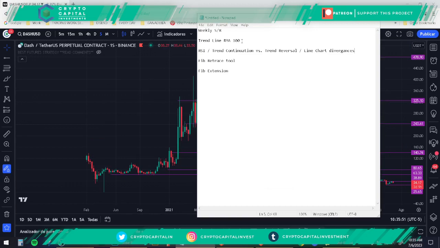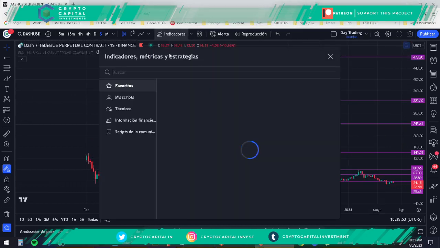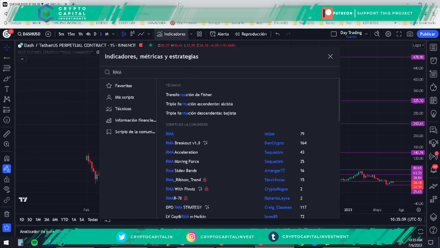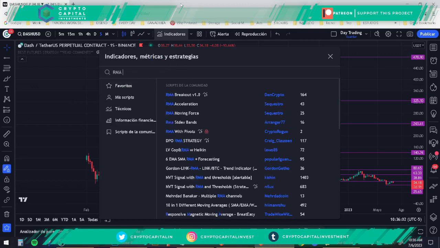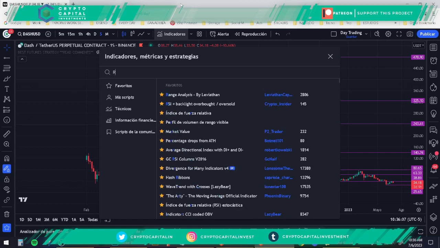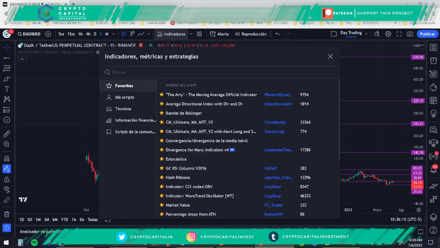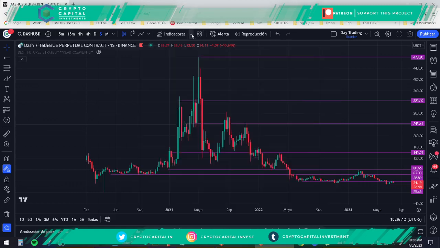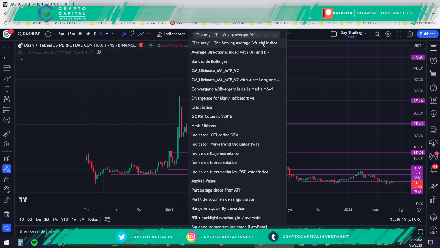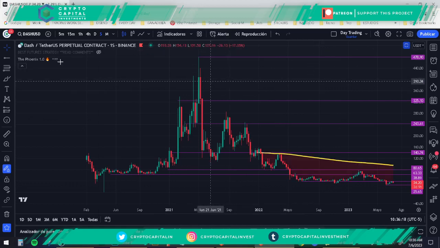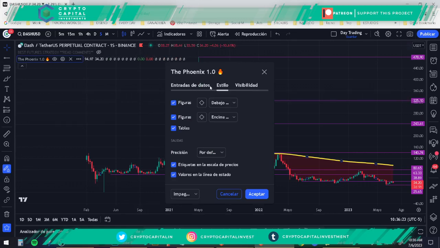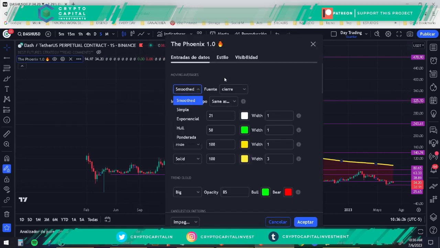Now the trend line of RMA 100. Let's see if I have it here, one that is free. Okay, well, actually, let's see, there's one here that is open to everyone, which is the moving average official indicator, called also the Phoenix. Now you gotta set up this one here to what is called here smoothed RMA,